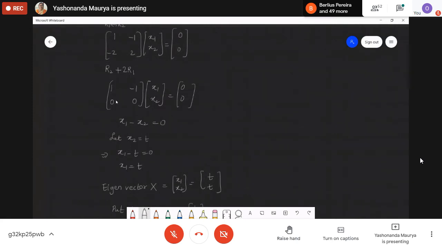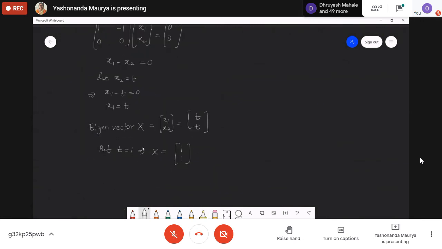Now see over here, the order is 2 by 2. Rank of the matrix is 1. Therefore, how many solutions are expected? It will be 2 minus 1, so one free variable. Infinitely many solutions. And so how do we go about it? We have to initialize one of the variables. One of the variables, we are substituting it as t, and the other variables we are also obtaining in terms of t. So finally we got the vector.